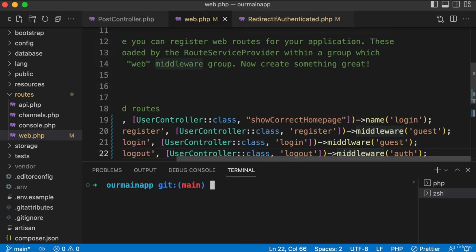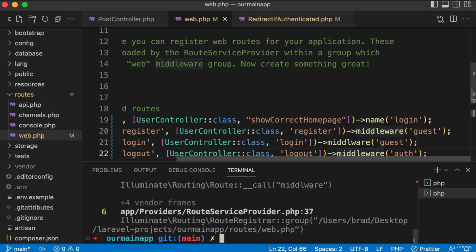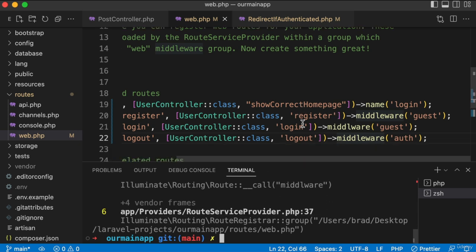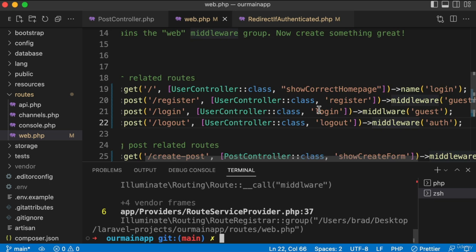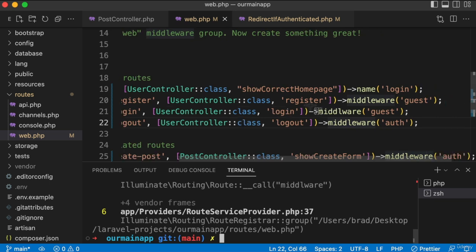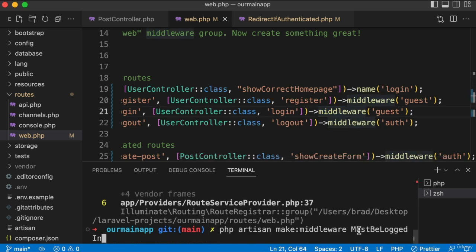Just open up your command line and you can say PHP artisan make:middleware, and then a space, and you just make up a name. Why don't we name it, must be logged in. Press enter. Whoops, you can see I actually ran into an error message, and that's because I have a typo in my routes file. So around line 21, you can see when I was calling this guest middleware, I forgot the E in the word middleware. So if I save that and run the command again,